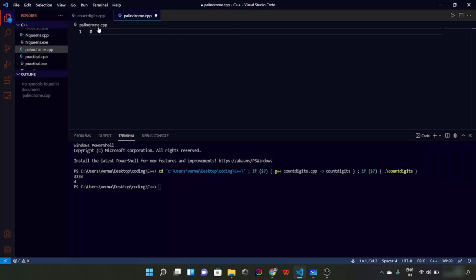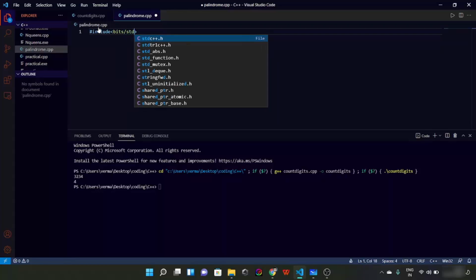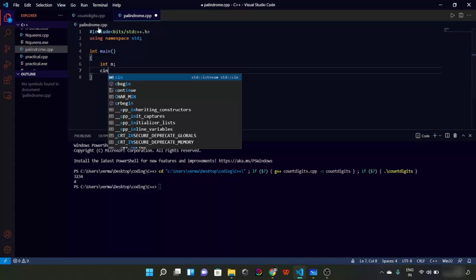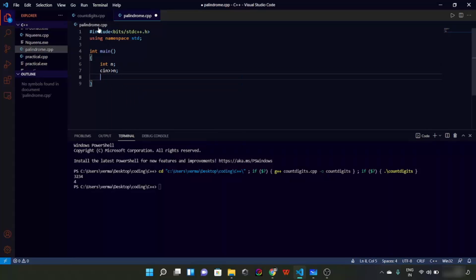So we'll add a header file here first of all, and then namespace std, right? We have a main function. We have variable n. We'll take it from the user,